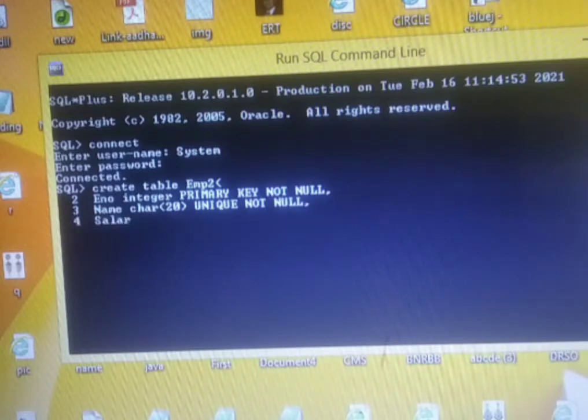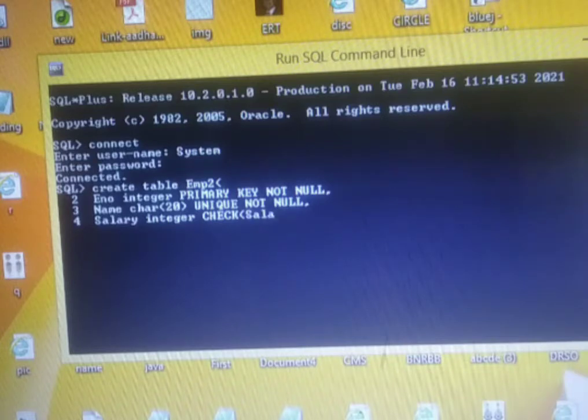Then comes salary, where I'll write here integer, and here I can use my check constraint, where I have to check that the salary should not be less than 10,000.